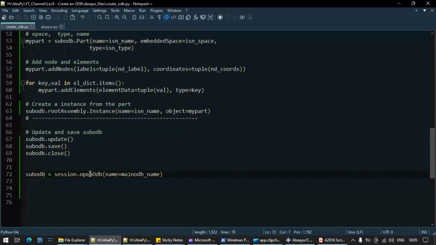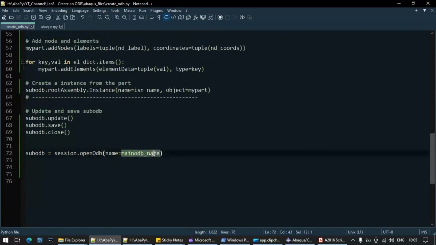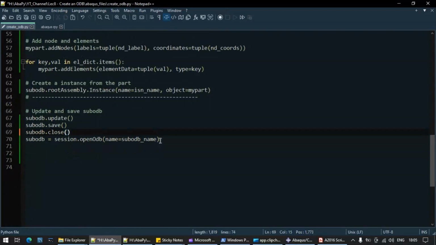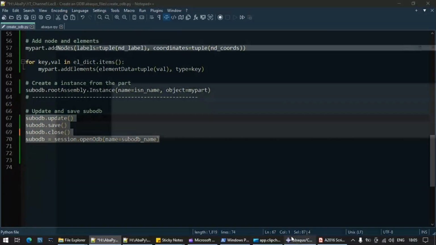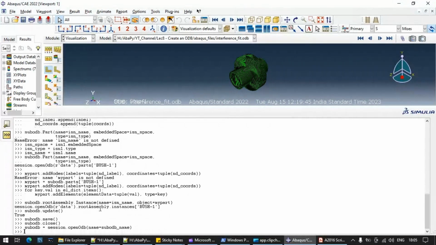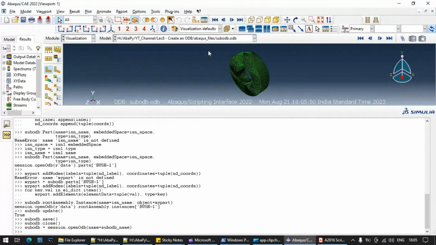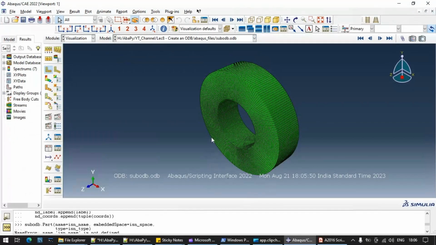So here I open ODB, name here it will be sub ODB. Okay, let's try to execute this. Okay, perfect. You can see the sub ODB.